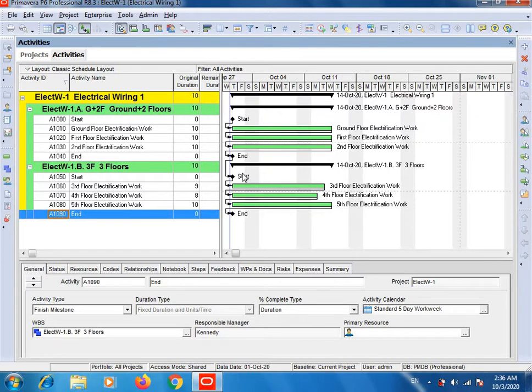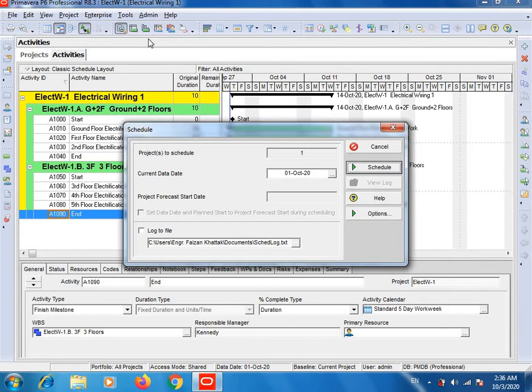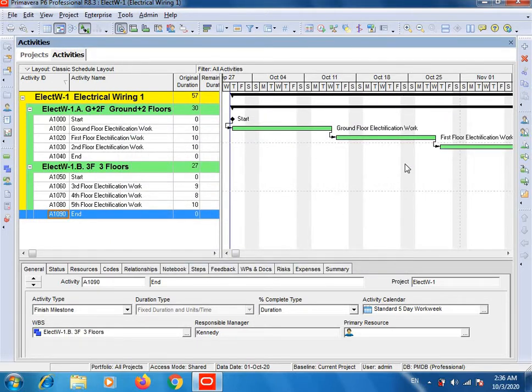Now you can see the lines between the activities, and then after that click on tools and click on schedule. So our project start date is 1st of October 2020. Click on schedule. Now you can see that our activities have been scheduled properly.